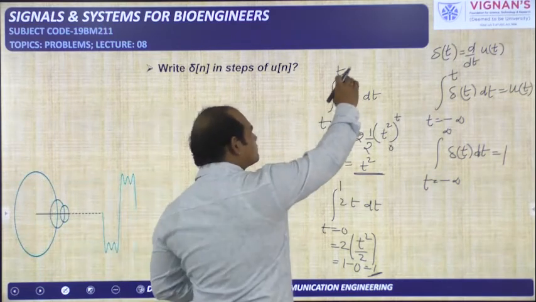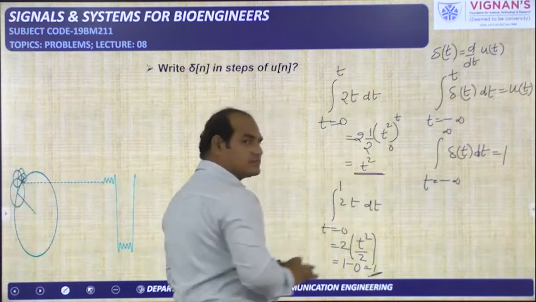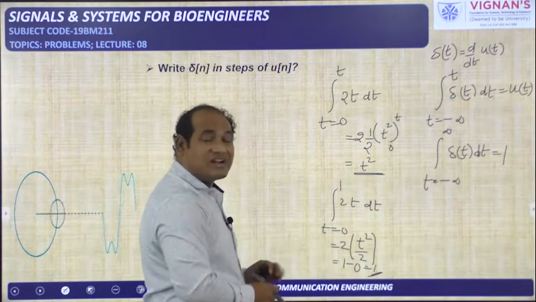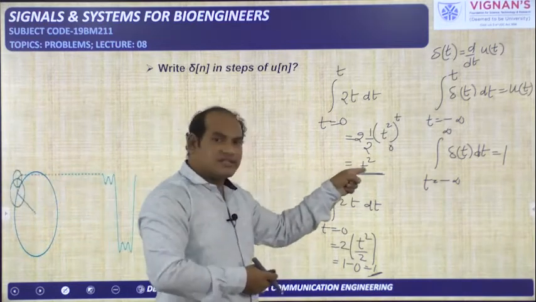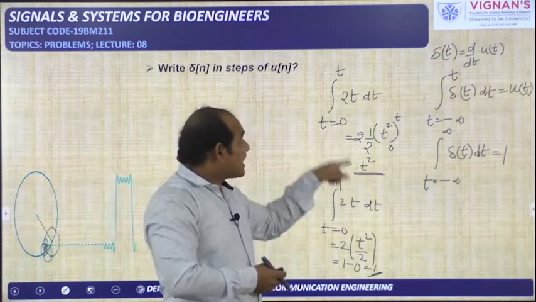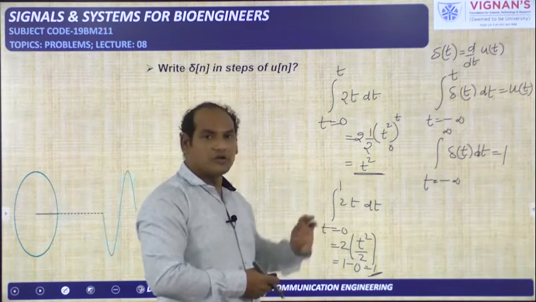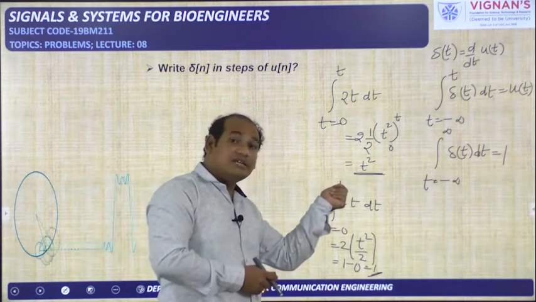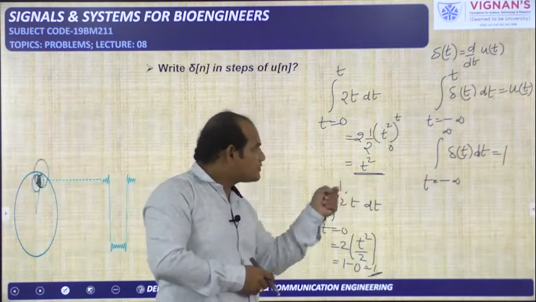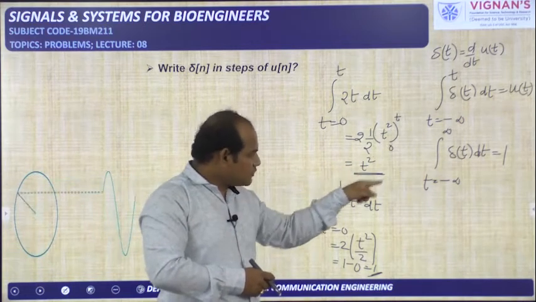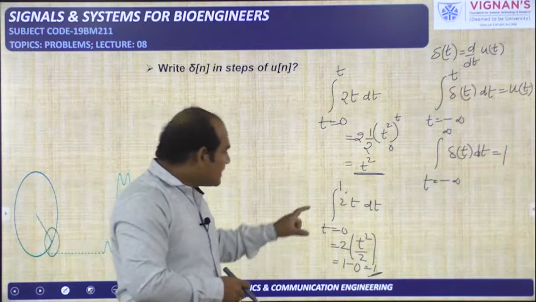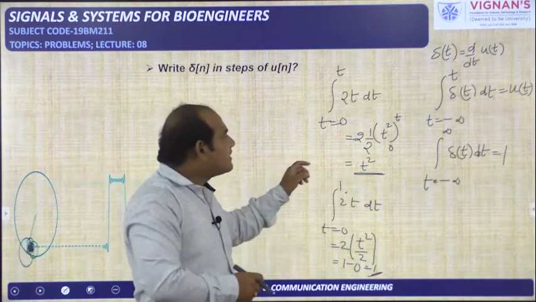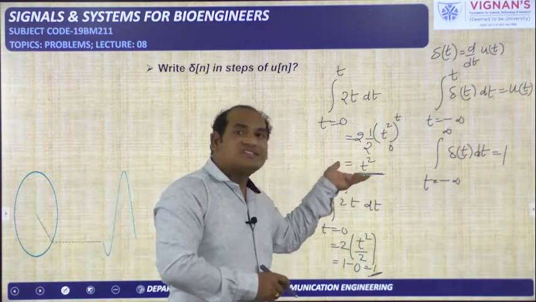So the integration of 2t will give t square. Here the integration of 2t is giving 1. What is the meaning of this? If you draw the signal for this, the last value, that is when t is equal to 1, will also give 1 only. You are doing the integration from t equal to 0 to 1. What is the last value? t is ending with what value? 1. You substitute t equal to 1, 1 square means you will get 1 only. Both are the same. But here you are calculating the exact area from 0 to 1, that is 1. Here you are calculating how that integration function is changing.